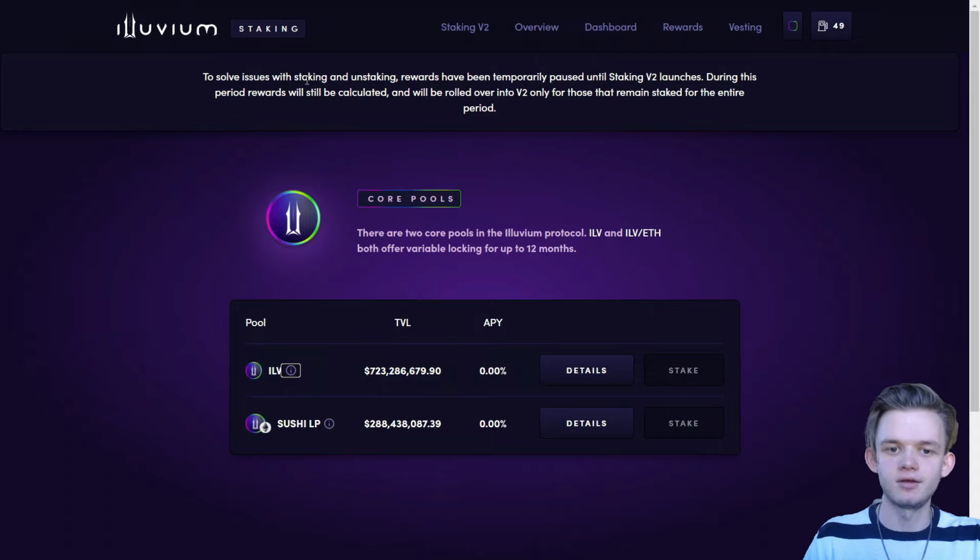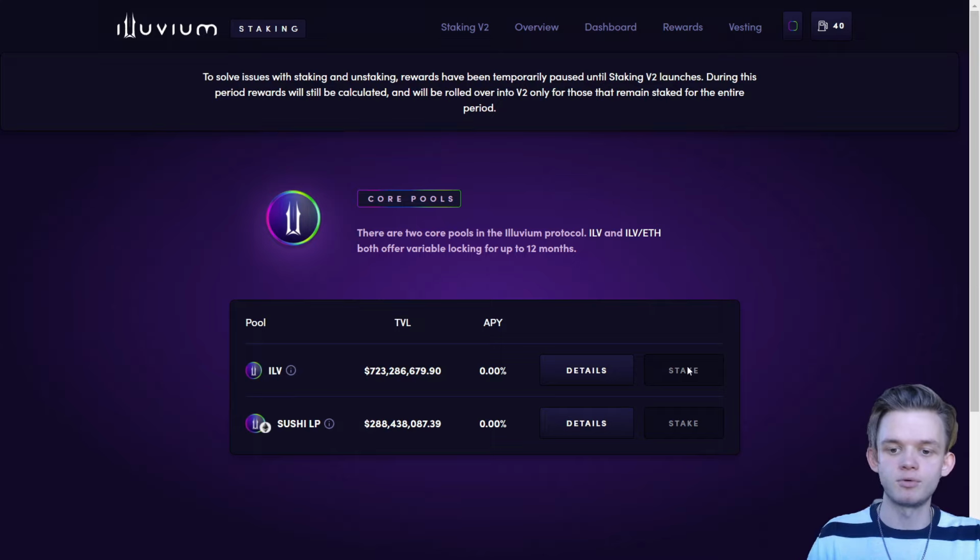Now it's currently closed, but when they get staking V2, 100% for sure, you just go here, you stake your coins, you can stake all of your 25%, all of the $250 here. It's not so much, the APY will be like 30, maybe 40%, but it's still cool. And with this huge game, for sure you will get your money. And remember that when you're staking something, you can earn not just from staking itself, from the APY, you can even earn from the rate of the token. If it's rising, you get your money as passive income, and also you win on the rate as well.